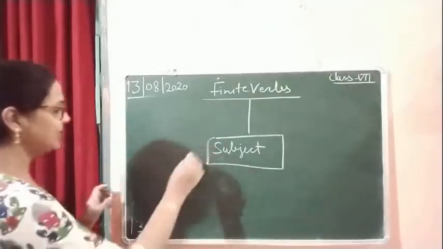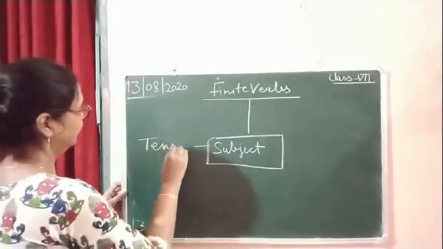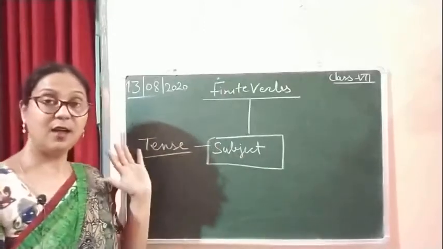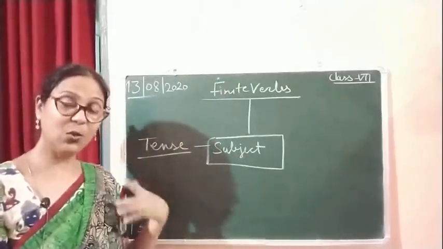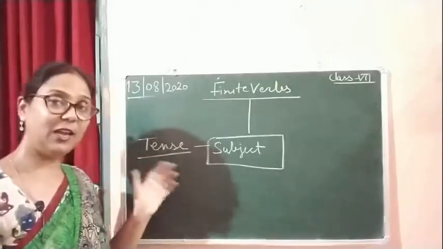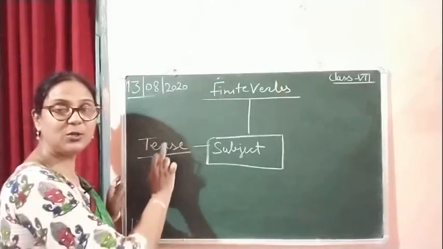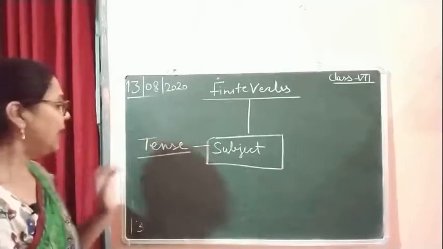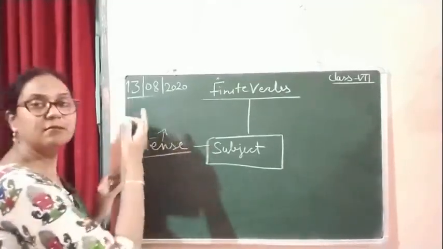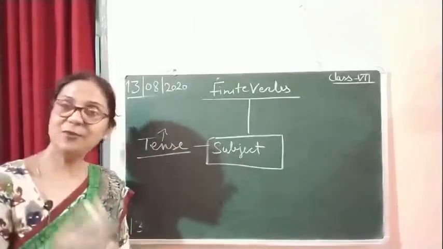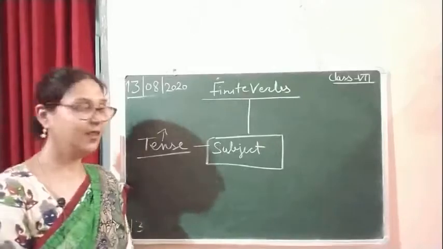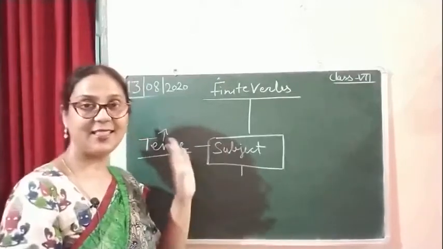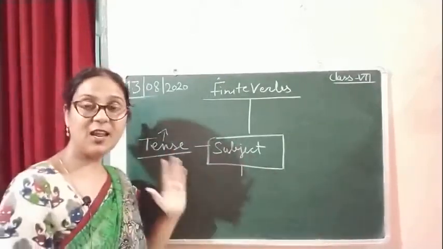The first parameter is tense. If the sentence is asking about past tense, future tense or present tense, the verb will be changed accordingly, according to the tense of the sentence. In tense there are three: present tense, past tense and future tense. And second, the verb can be changed according to